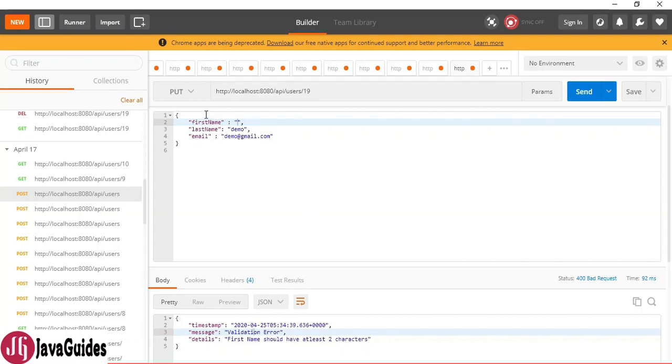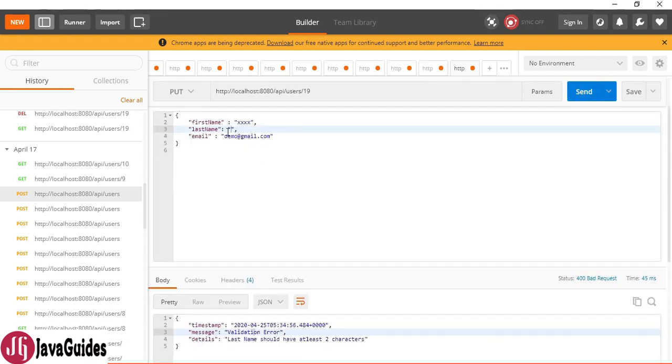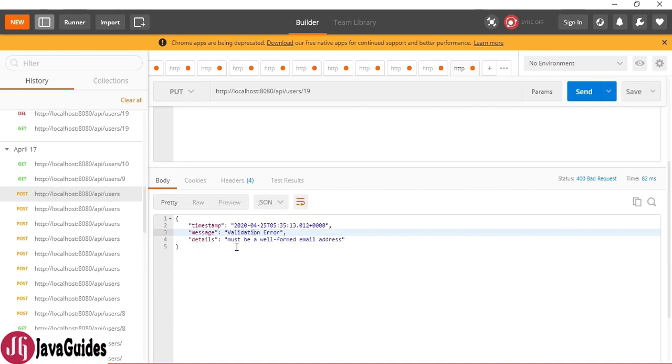So the same validations are applied to the update user REST API. Okay, so if I remove the last name here, this will give last name should have at least 2 characters, and if I provide an invalid email address, then this should give an error message like must be a well formatted email address.